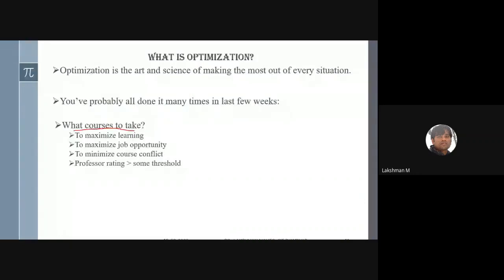What are the constraints? To maximize learning, to maximize job opportunity, to minimize your course conflict, to see whether the professor rating is greater than some threshold value or not. All these are the constraints to decide what course you want to take.